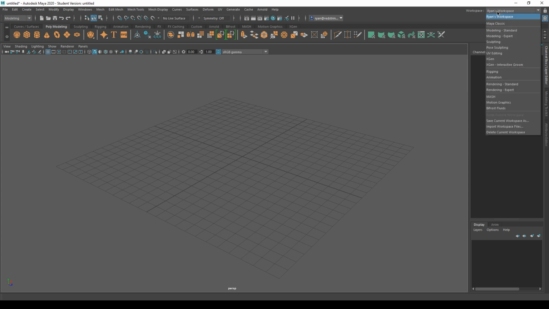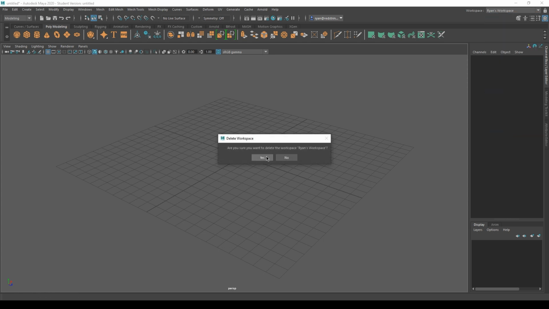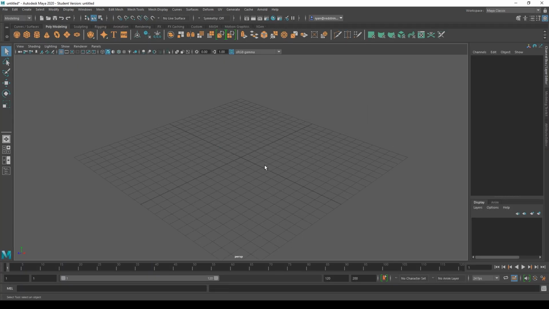So for example, if I set up a modeling workspace for myself, I can save it, a rendering one, animation one, and so forth. Now that I've shown you how to create and delete your workspaces, there's another option that's actually quite useful. You can actually export your workspaces